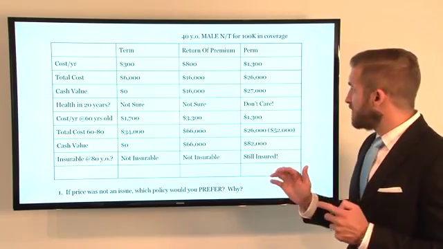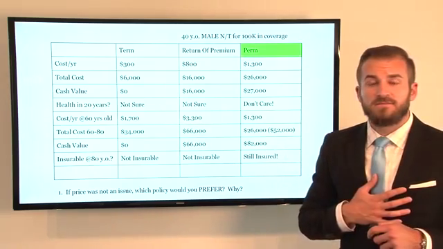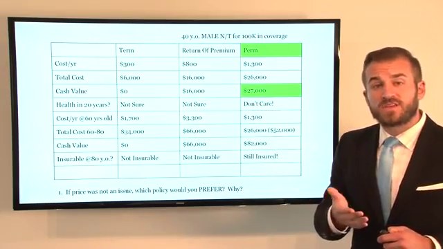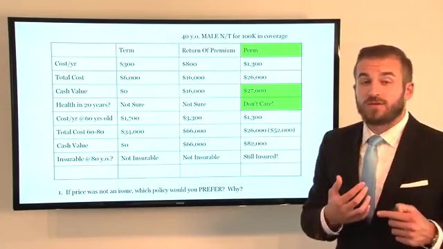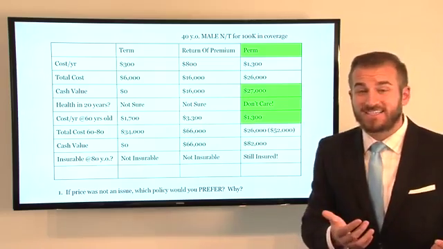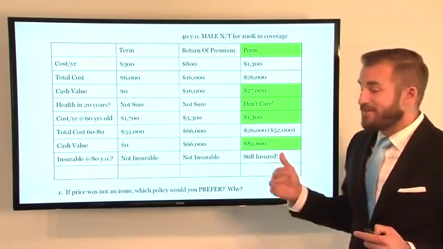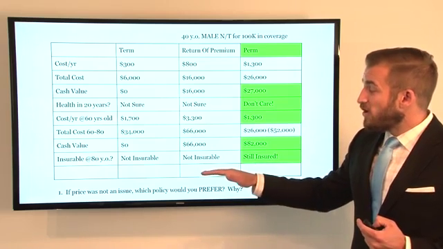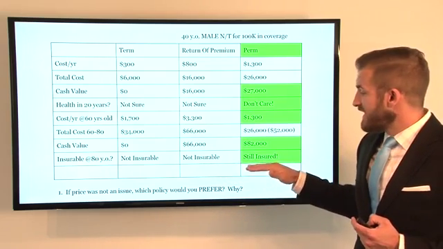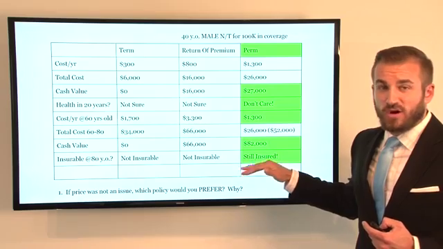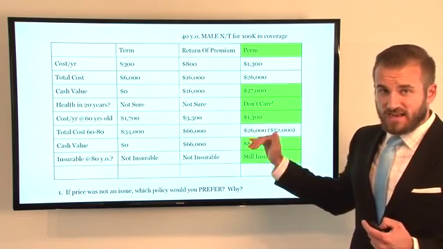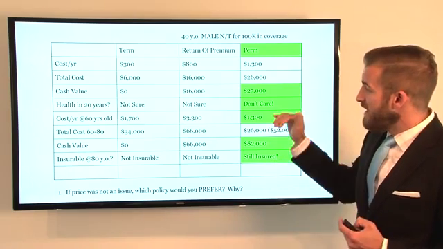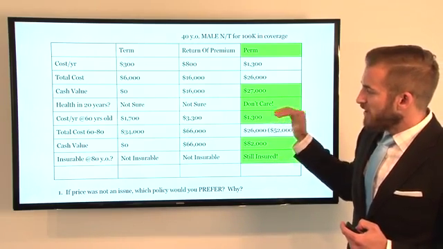The answer undoubtedly would be the permanent policy. And then I ask them why. And they tell me, well, the cash value builds up that I get to use. You don't have to check my health in 20 years. The cost doesn't go up. Oh yeah, and I have cash value in 40 years. The fact is, a lot of your customers will not say that they're still insured at age 80, or at least they have a death benefit on this side. The fact is, your customer will focus primarily on the benefits to them: cash value, the health, cost, and again,